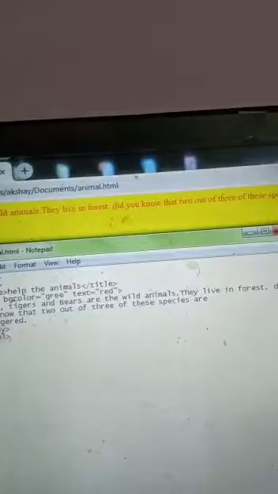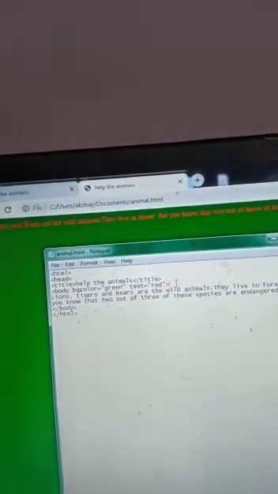Okay, if you want to change anything, if I type green here, I will type green for you. Okay, and after the modifications, you have to save it again. Now look here. Okay, so that is very easy. You have to change it. So now the background color is green and the text is red. Okay, now if you want to use a background attribute, then how can you do it?